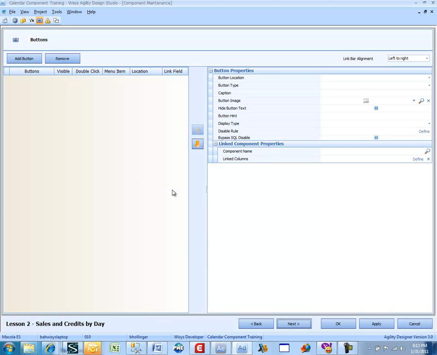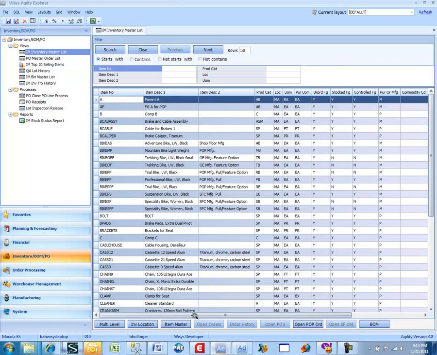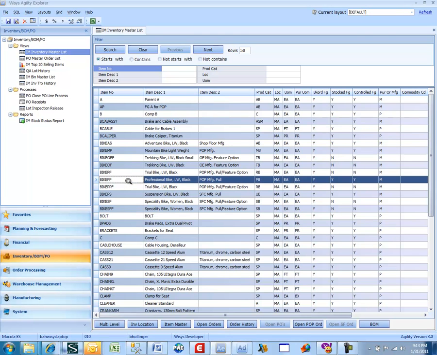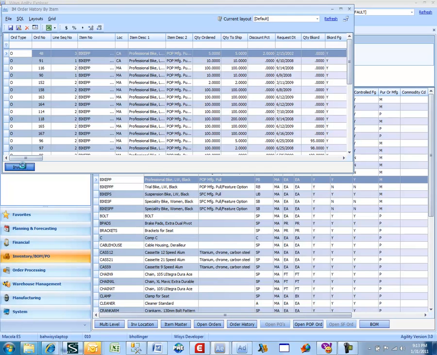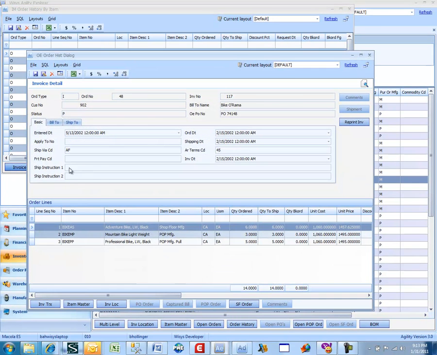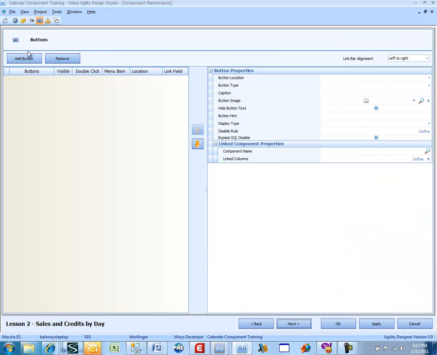Now I want to add a button. I have this list of order history information, and when I bring that back, I'd like to be able to drill into that. So I'm going to go over to Agility Explorer, and I explained this before. We're going to create a button out of a view that's there, and I need to find it. We did this under grid components. I'm going to go over to order history and look at the invoice, so I can drill right into this invoice, and it's going to be called OE order hist dialog. So I'm going to go back over here, add a button,